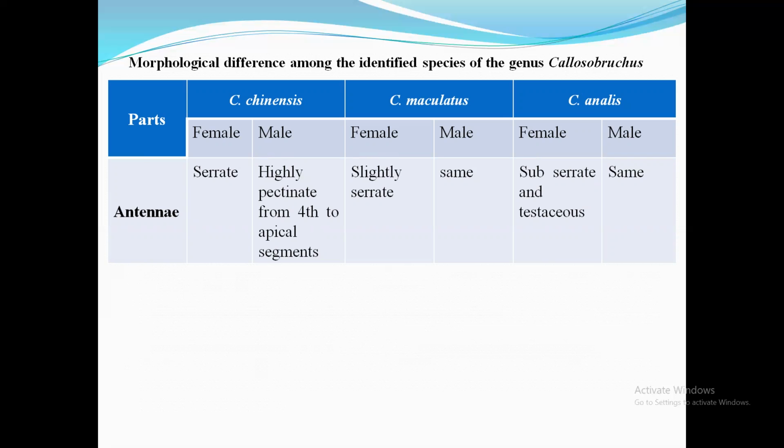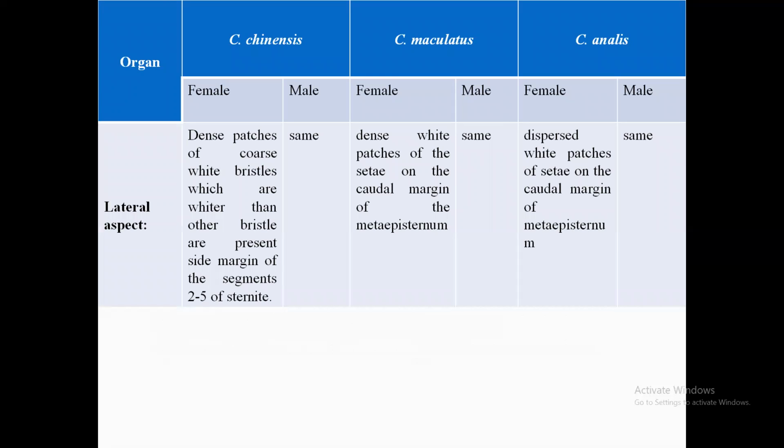That is, first of all, antenna. Coming to antenna, in Callosobruchus chinensis, the female has serrate type of antenna, while in the male, it has highly pectinate type of antenna. While in the case of maculatus, we find slightly serrate type of antenna in both male and female. While in analis, male and female have subserrate and testaceous type of antenna. Then in case of